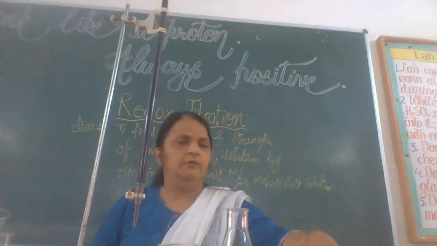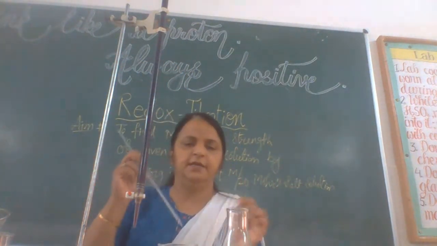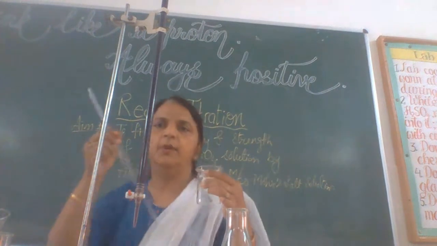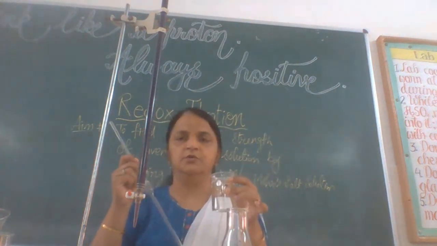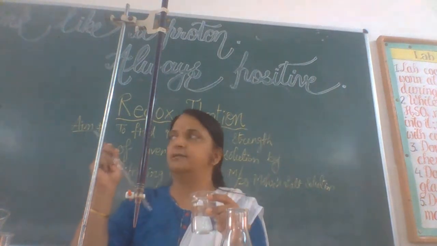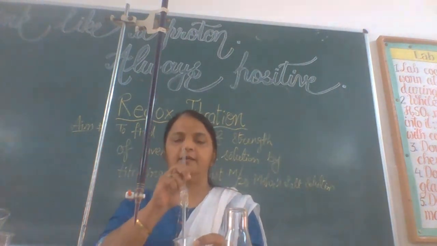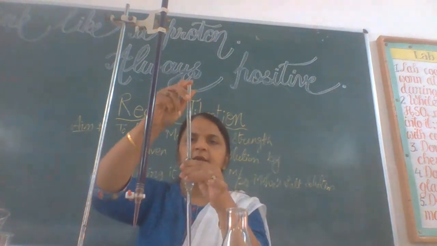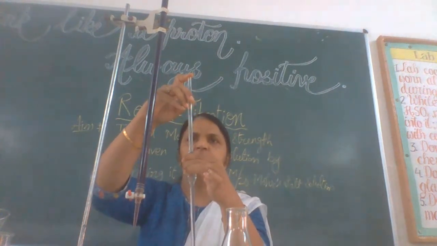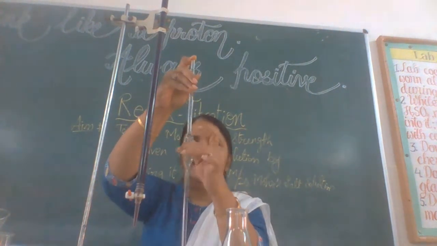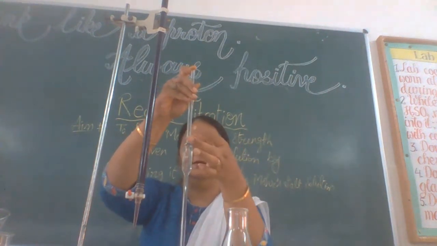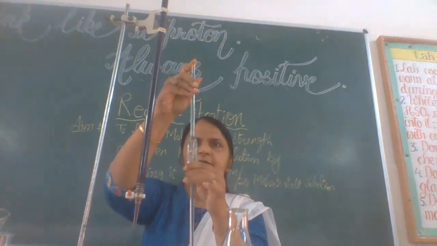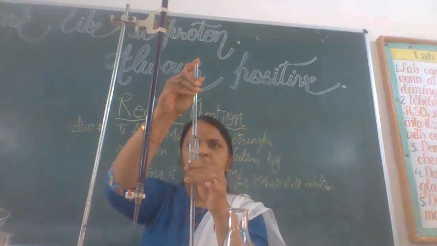Now we'll have to wash this pipette, which I have already done. After washing and rinsing it, you need to take 20 milliliters of Mohr salt solution, which is to be oxidized in this titration. A pipette has a fixed volume and is used for taking a fixed volume for titration, and it has a mark over its neck, and up to this mark we need to take the solution. And if it is larger in amount, we can release the pressure.